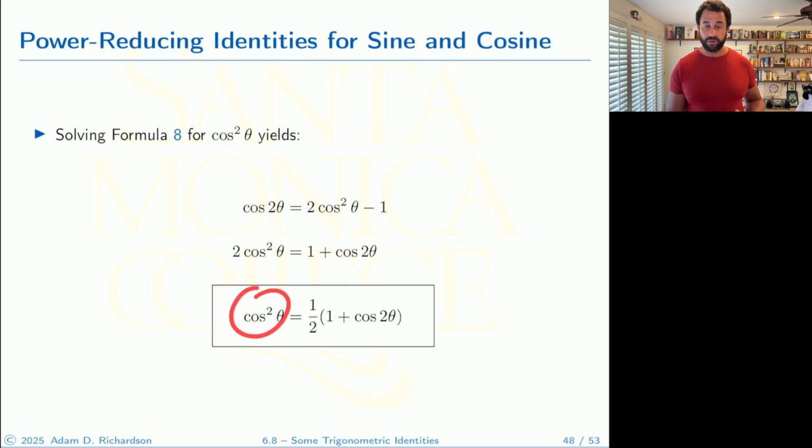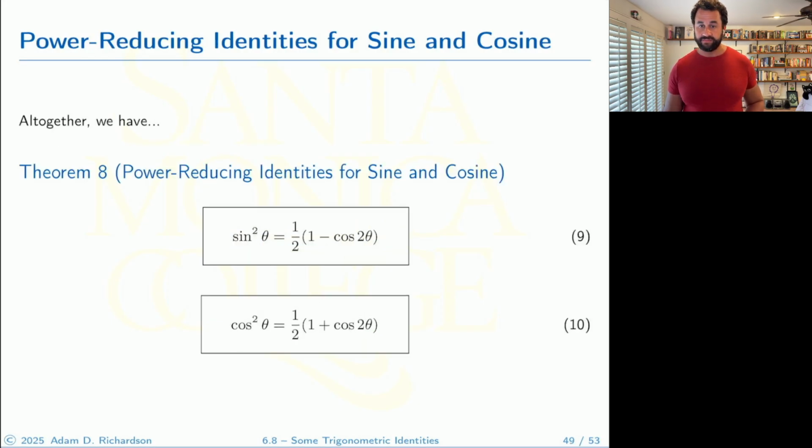So if we've got a power of 2 cosine, we're going to be left with a single power of cosine, but now it's cosine of 2 theta. That's the beauty there. Altogether, we have this, okay? Yes, altogether we have this. So these are the two power reducing identities for sine and cosine, and these are another two that you're going